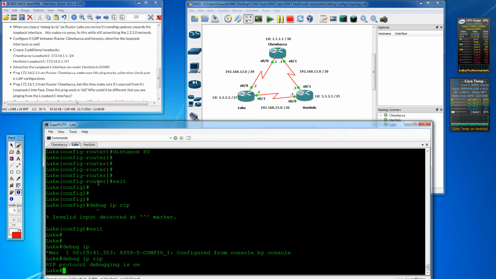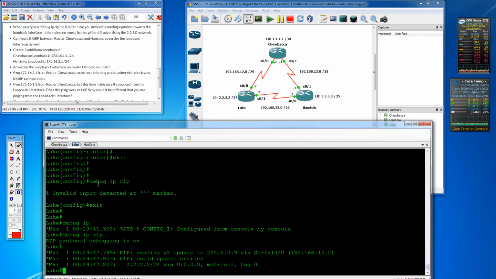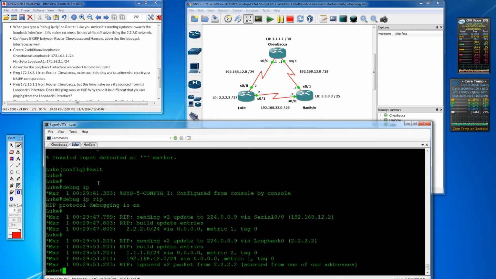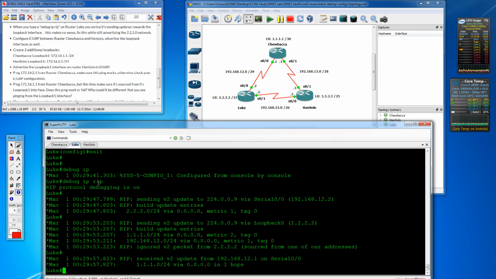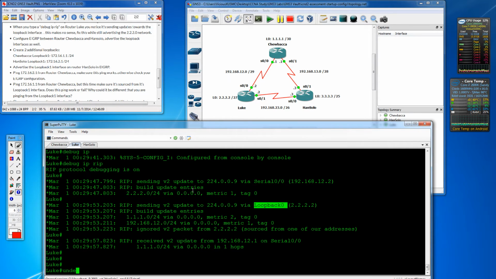So I don't have to turn this on to know that's what's going to happen, because the network statement itself, what it does is two things. It says what interfaces are going to be included in my network advertisements, as in I will tell other routers about them, and it also says what interfaces will I be sending these updates out to. Since we're including the serial 0/0 and the loopback 0 interface, we're advertising about both of them, but we're advertising to both of them. So let's go ahead and say undebug,